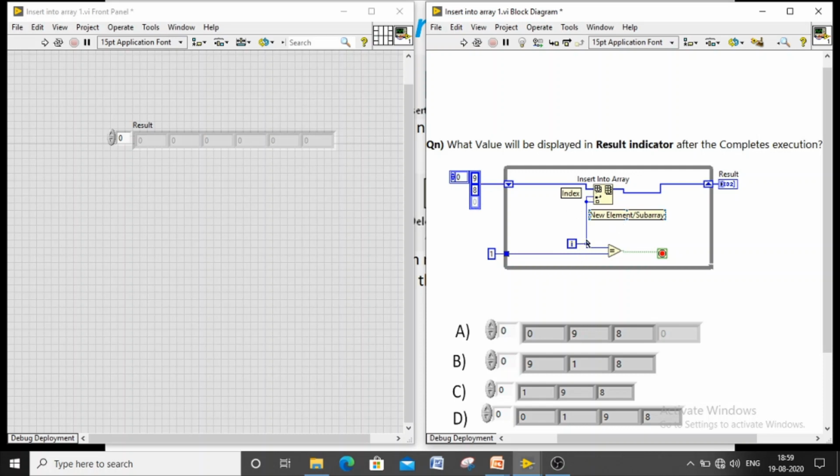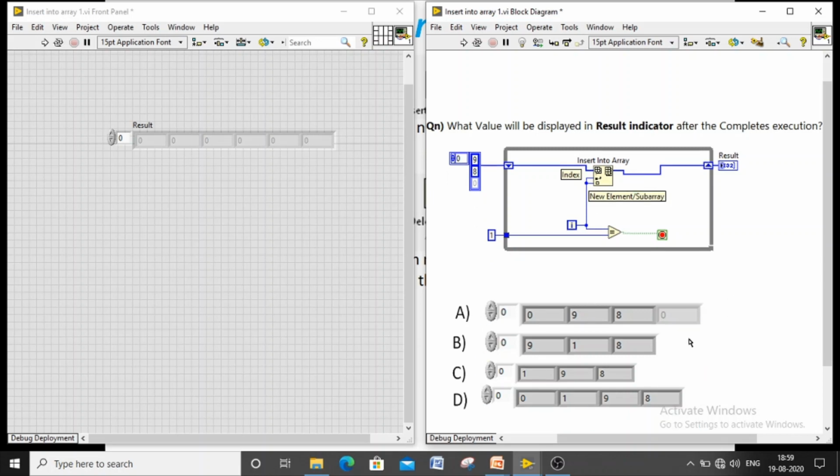So when I equal to 0, what will happen? The 0th element is added into the existing array. Already there are two elements: in the 0th index 9 is there, and at index 1 we have the element 8. So what will happen when you provide this function? It simply goes to the 0th index, and 0 will be present at the 0th index, right? When you go for the second iteration, that is I equal to 1, it moves to the first index, and the value 1 will be displayed there.